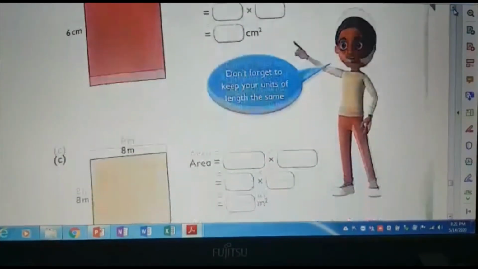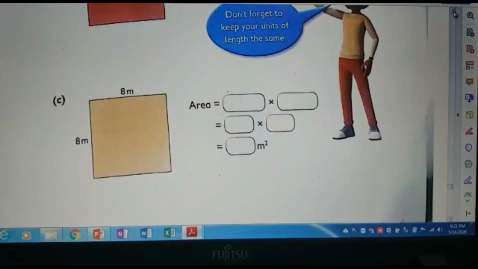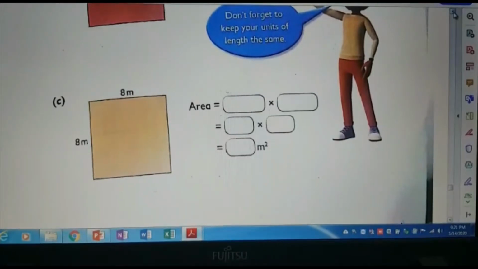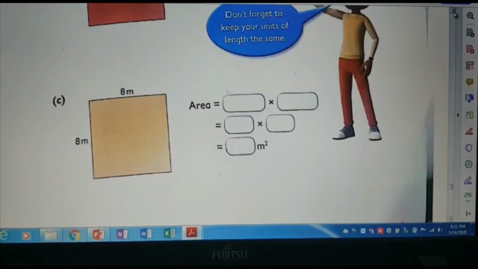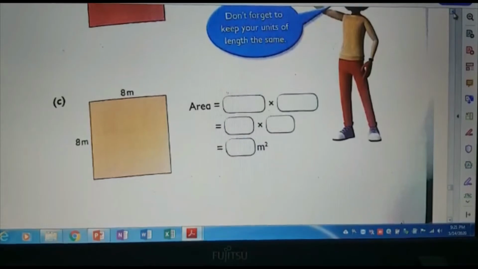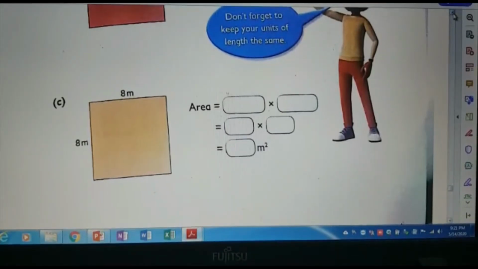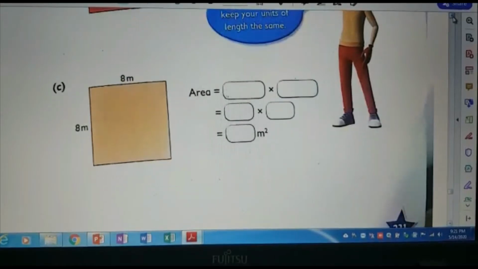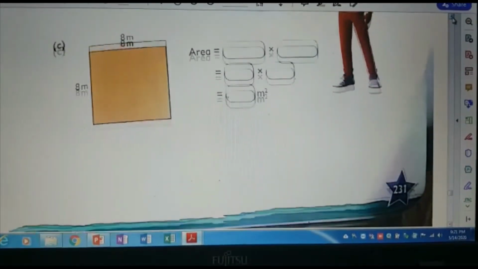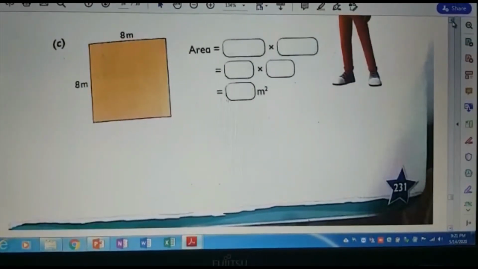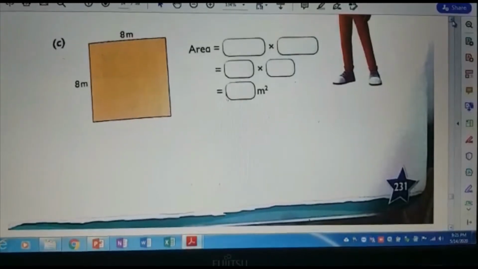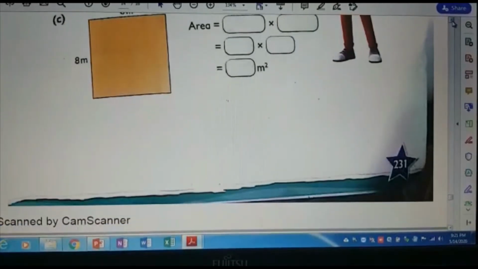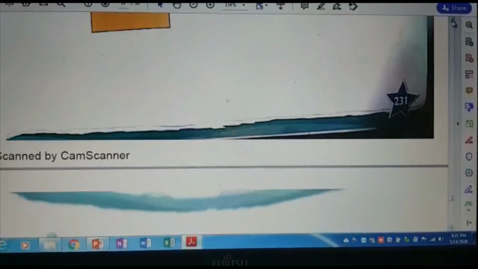Same way you do the next one also. It's a square. That means, if you want, you can write length times width, no problem. But the correct equation is side multiply side, or side times side. So 8 multiply 8, that is 64 meters square. So you listen to this video, after that you close this video and you do it yourself. Then you check the answers. Then we can go and find the area of compound shapes.